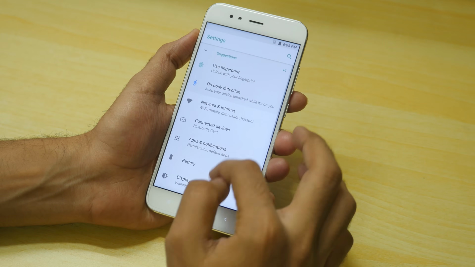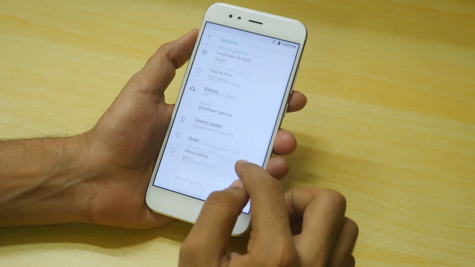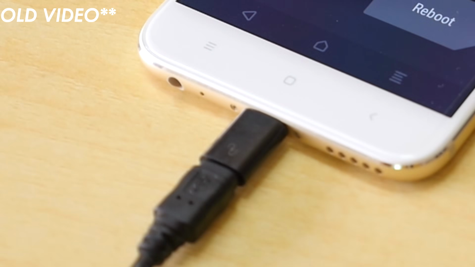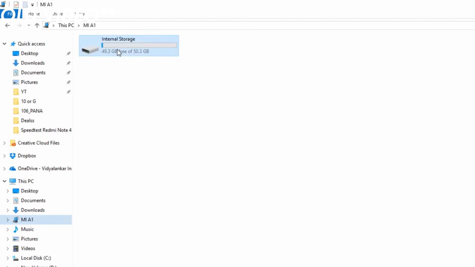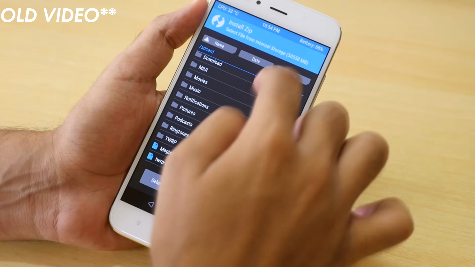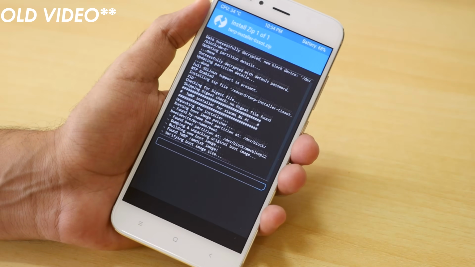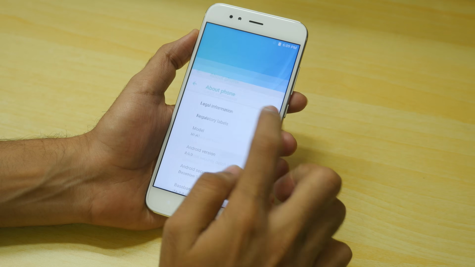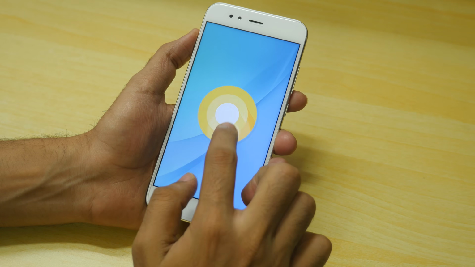I have already done a video on showing how to root the Xiaomi Mi A1, but in that video I flashed the TWRP recovery, which breaks the OTA on Xiaomi Mi A1, and Xiaomi does not release a recovery package which can be flashed through TWRP recovery. But that video will be helpful for others who want to flash custom ROMs on their devices, so I'm not going to take down that video.